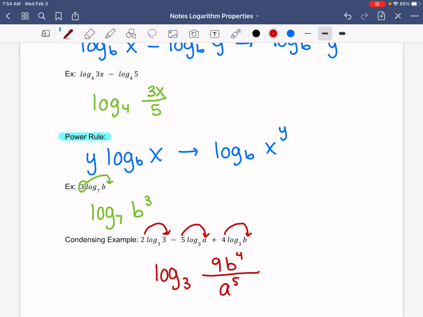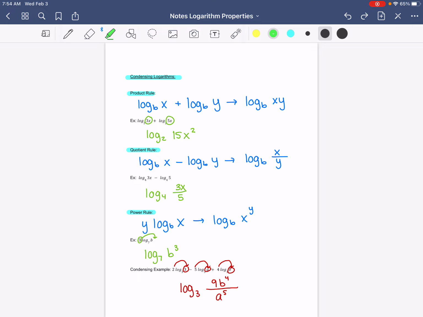And then the 4 gets written as an exponent, so that'd be b to the power of 4. So we condensed it, it had a 3, an a, and a b. So we still have that 3, but I squared it, and then we have an a and a b. So again, if you see a minus sign in front, that means that piece is going to go to the denominator. The number in front becomes your exponent, so it becomes a to the power of 5, that's in the denominator. My 4 goes on the b, that's my b to the power of 4. That one was positive in front of it, so that's why it is in the numerator. This one was also positive. When I put the 2 on the 3, 3 squared became 9. And that's my